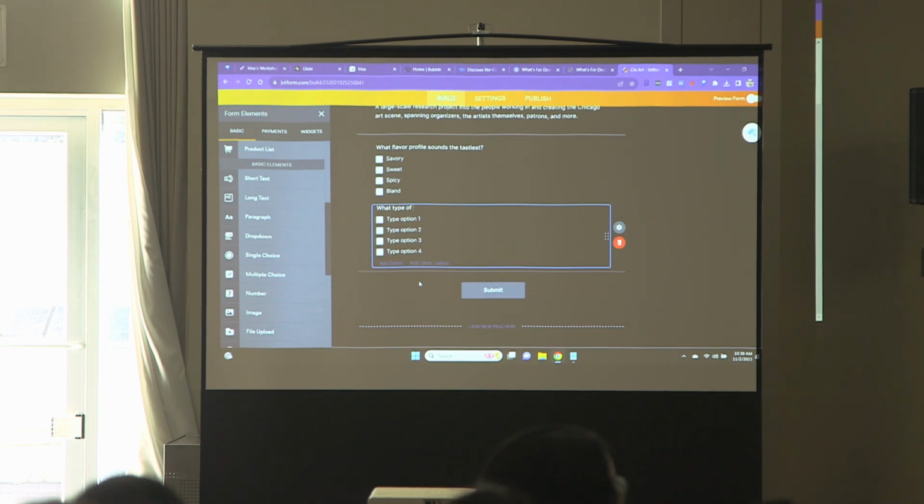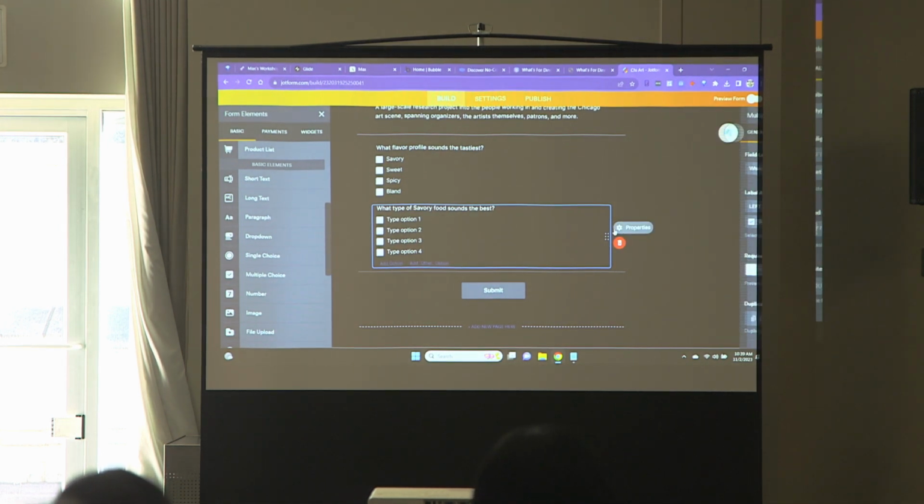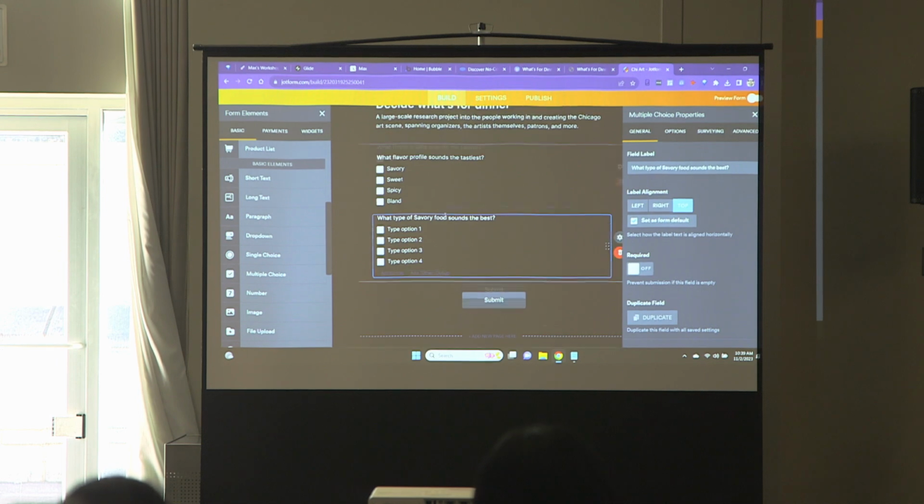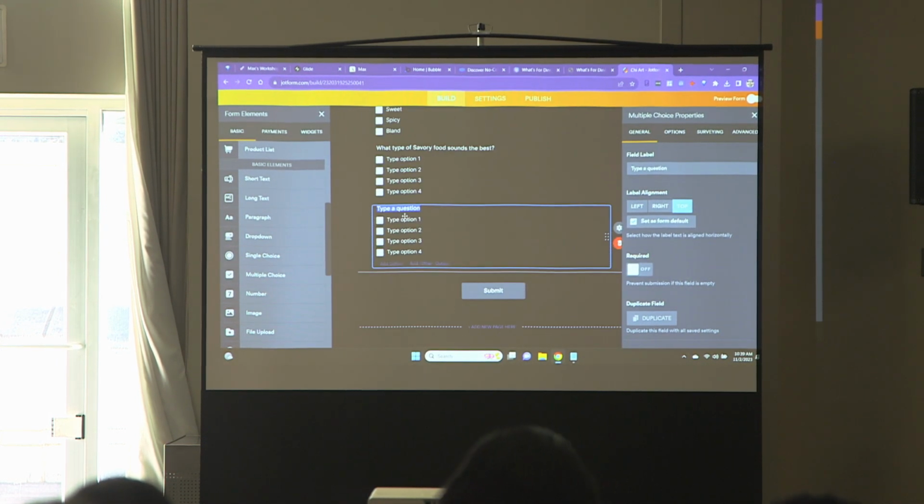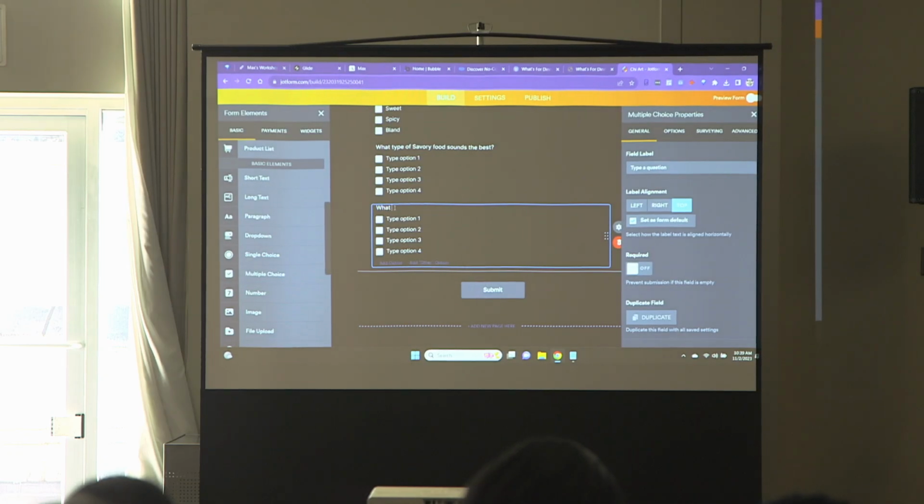What type of savory food sounds good? So do another multiple choice. What type of sweet food sounds the best?